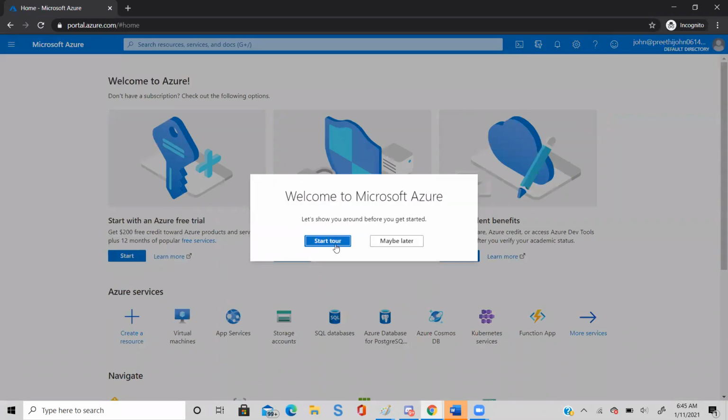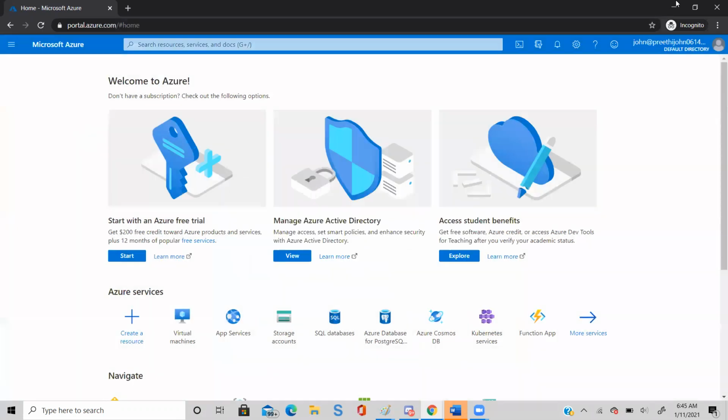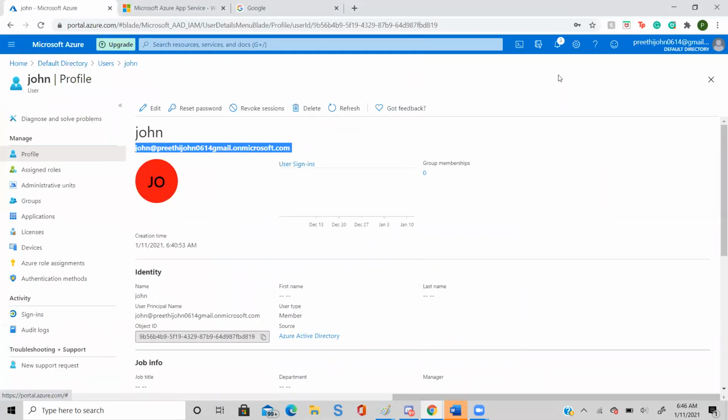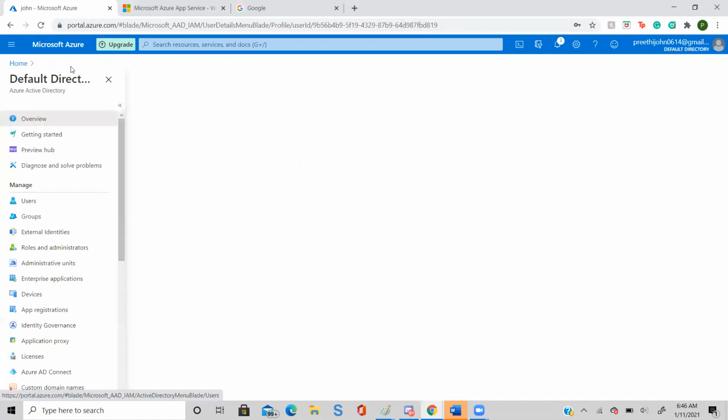So you logged in with your portal. Say maybe later and minimize this window. Now go back to your Azure portal and go back to the app which you created. Go to home.